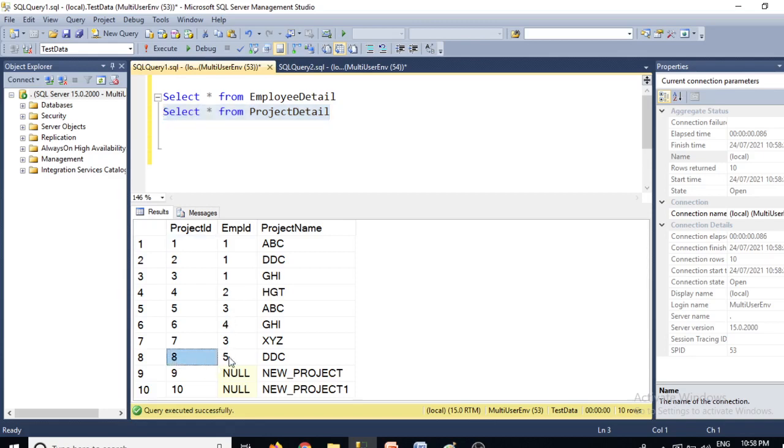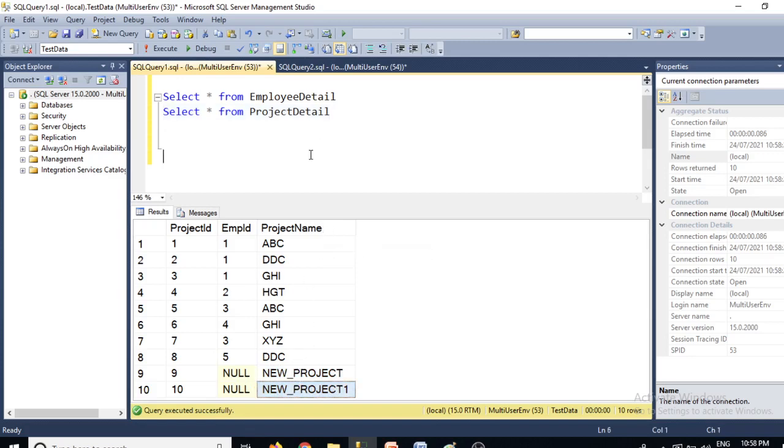So only 8 employees are assigned to some projects. Even though we have multiple employee IDs over here, and we have a couple of projects, new project and new project 1, these two projects are not assigned to any of the employees.